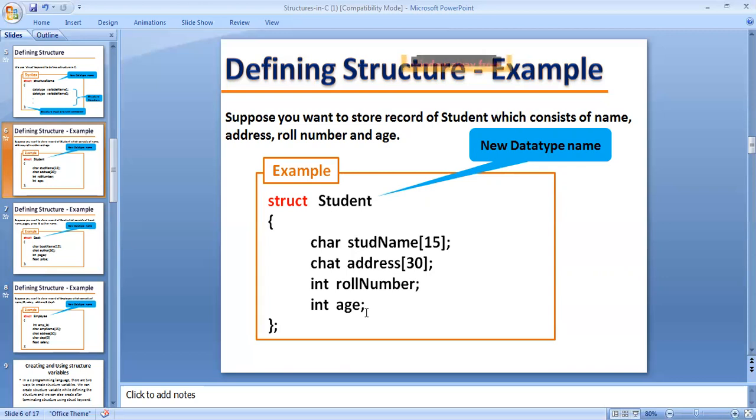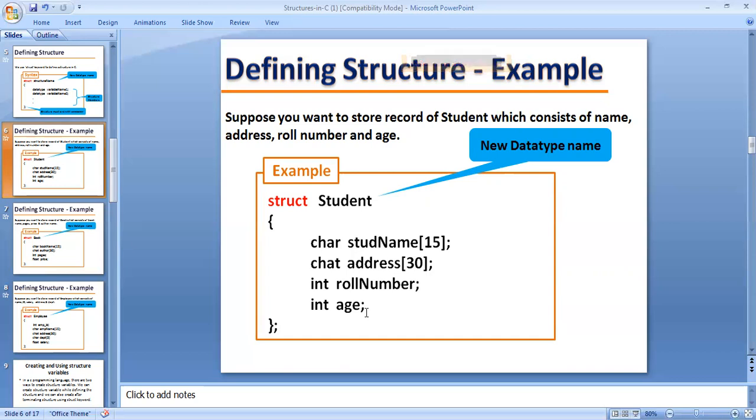Here the two most important points: structures do not define memory directly. Structures do not define a memory location directly; the memory is allocated when the variable declaration is made, that is, when the variable names are declared.